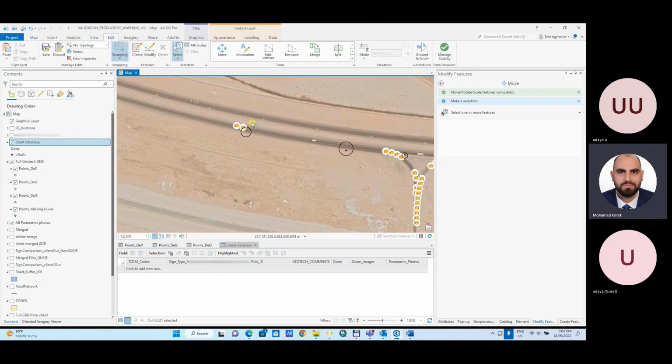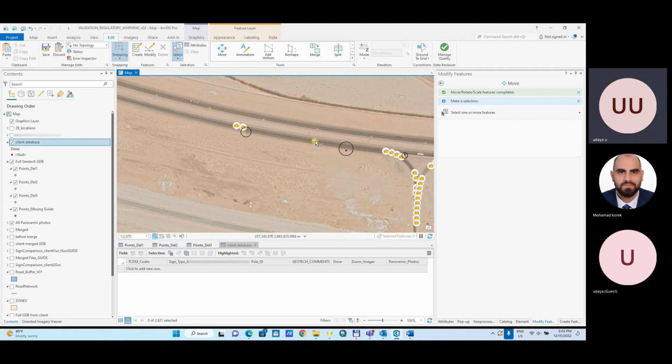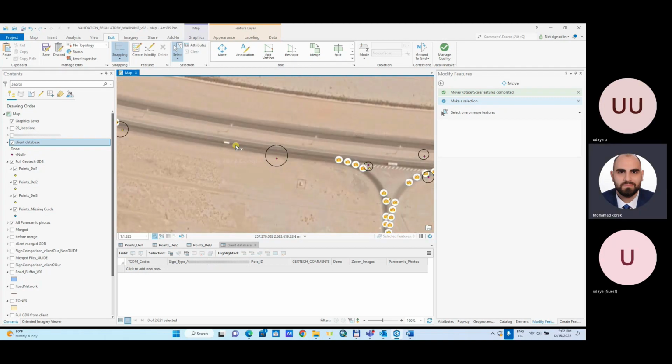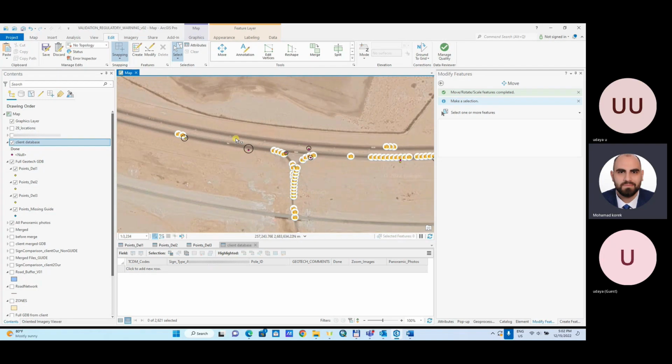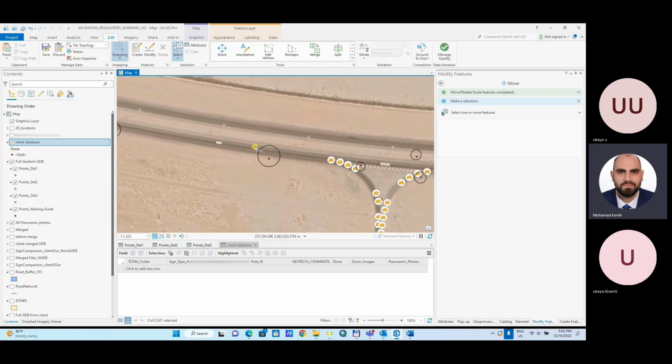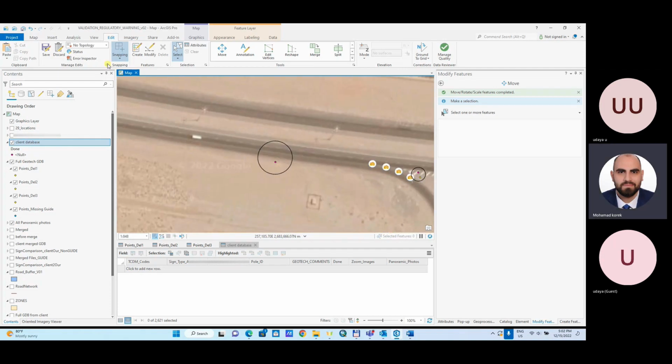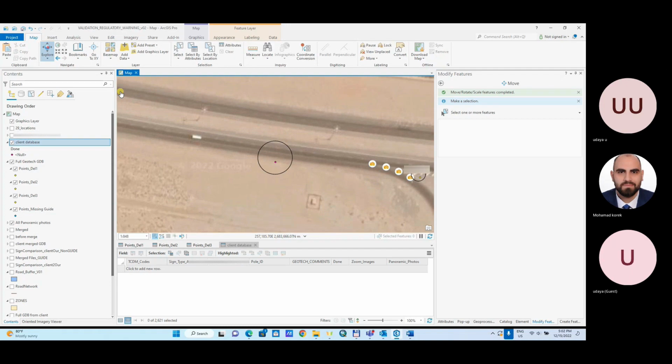Is it clear? Yeah, it's clear. Okay. I have some examples. I want to discuss them with you, just to do a live example. Let's see this one. This one doesn't have any near panoramic photo. In this case,